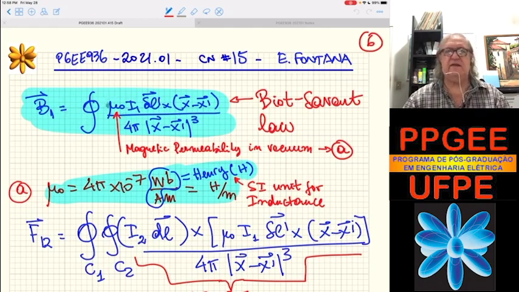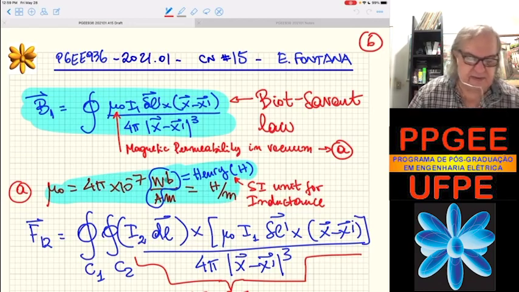The parameter that appears in the formula, which is mu0, is called the magnetic permeability in vacuum. And the value is 4 pi times 10 to the -7. This is the unit that comes out if you use the force, the unit of B field, and all the other units, you obtain these results. So it's Weber per ampere meter. Weber per ampere is what is called Henry, which is the unit of inductance in the SI system. So we have permeability is a number, I have to record this number, very important to remember it, Henry per